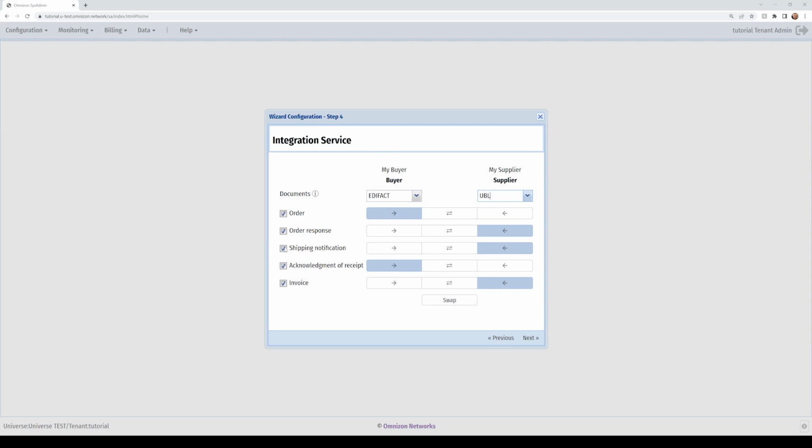For example, organization My Buyer will send orders in Edifact format to My Supplier, who will receive those orders transformed in the UBL format. My Supplier will send order confirmations in UBL format to My Buyer, who will receive those confirmations transformed in the Edifact format. If the roles of these organizations you defined are reversed, you can easily switch the exchange relationship by clicking on